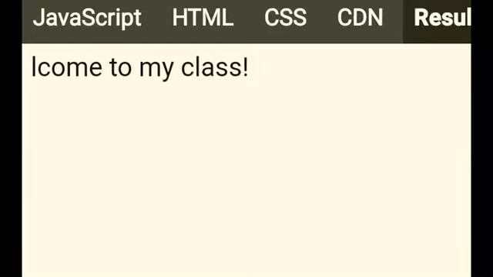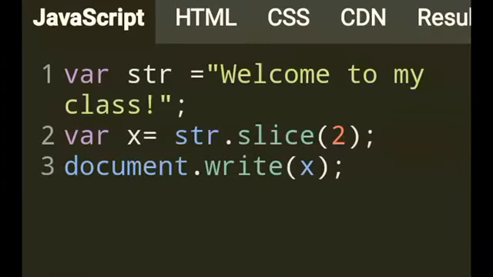There you go. So you can adjust it accordingly. If you want the whole string without leaving out anything, it's preferable to write 0 as the first parameter, leaving out the second parameter. And if you write -1, as we've noticed, you will only get the last character.